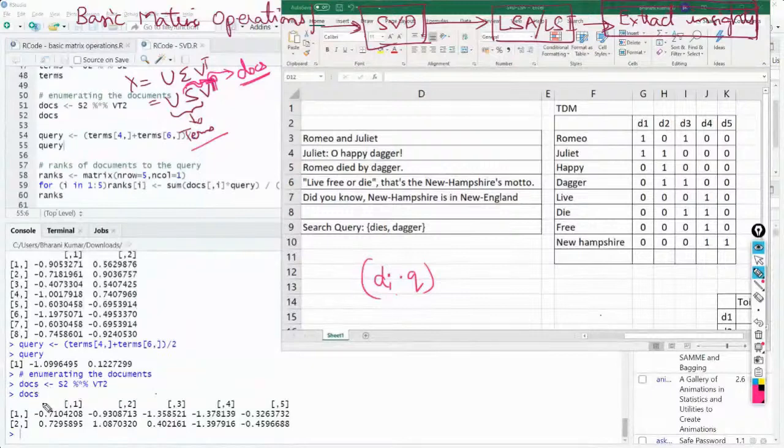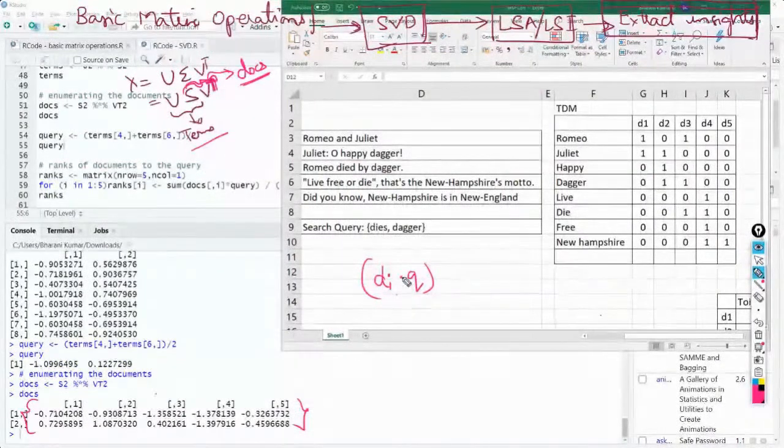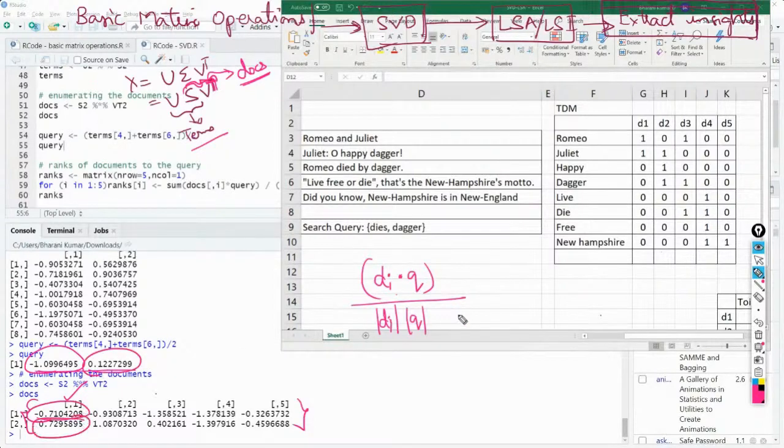Okay, and this is capturing the documents. This SV transpose into q, which is a query, divided by di modulus into q modulus. Simple. So take the first document, take this query, multiply those two. This into this plus this into this would give you a value divided by di modulus and q modulus. Di is d1 first. Right? You have to do this for each and every document.